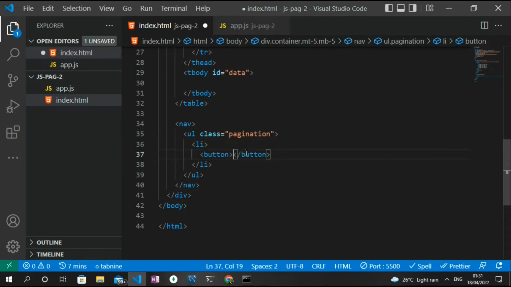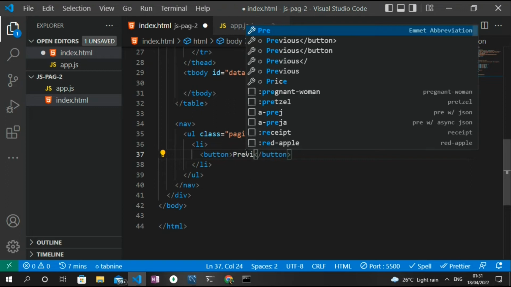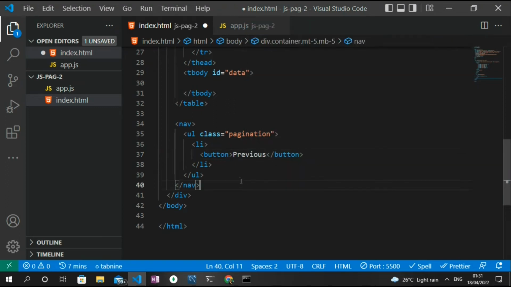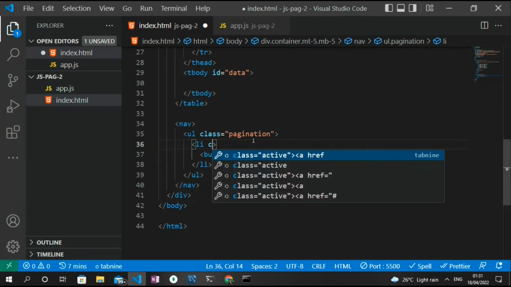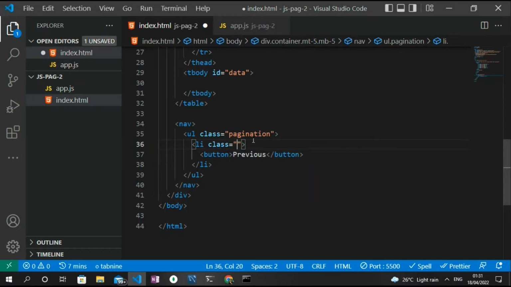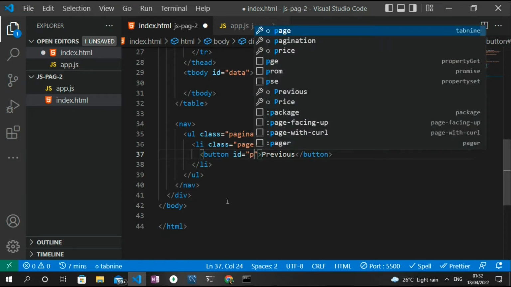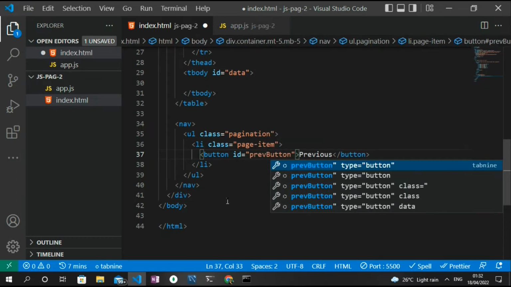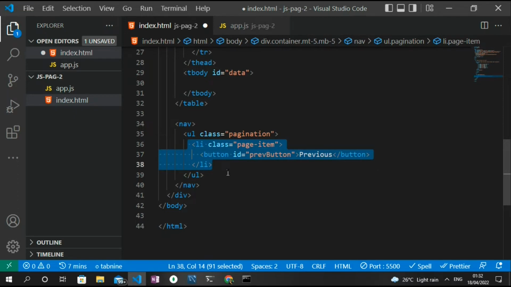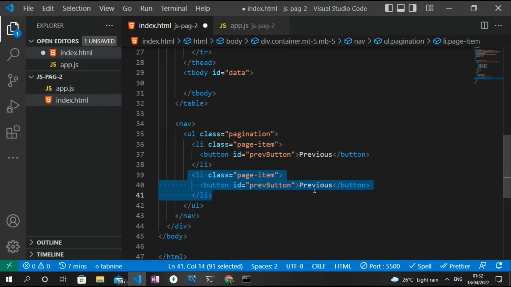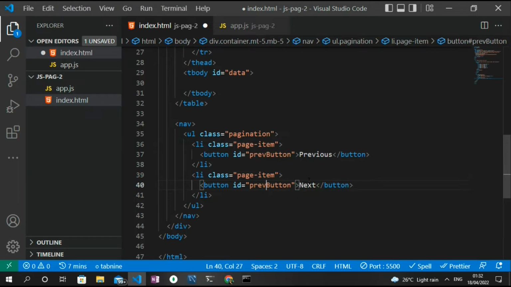The button we're going to call previous. And the li tag also has a class. So I'm going to give it a class of page item, while the button is going to have an id, because we'll also be manipulating this in our JavaScript file. So I'm just going to give it an ID of prev button. So let me duplicate this li tag and then create the next button as well. So this is going to be next, and then instead of prev button, we're going to have next button as the ID. The li tag for the next remains page item, and with that, I think we can save